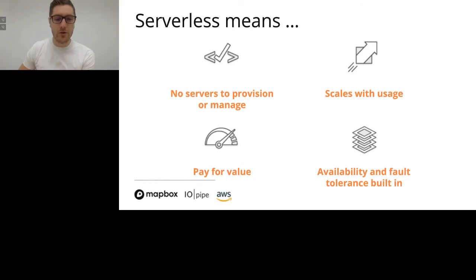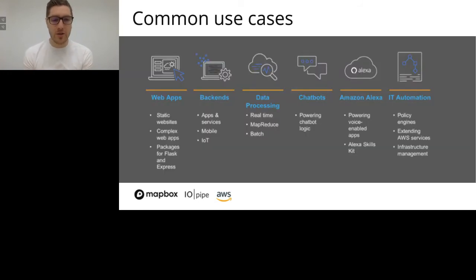So a couple of common use cases, and I don't want to dive too deep into this because I really want us to get into the demos and what this looks like from an actual implementation. But we're seeing at an early adoption, this is really coming out. It started off with very back-end web applications, where we saw people moving from that 3-tier web application to having static websites and having an API that would call something like Lambda on the back end, and that kind of ties into that back end.